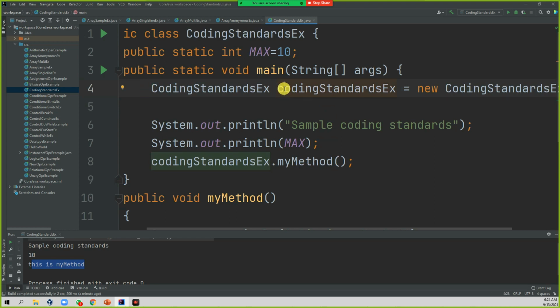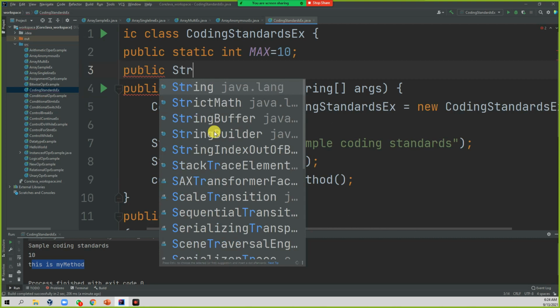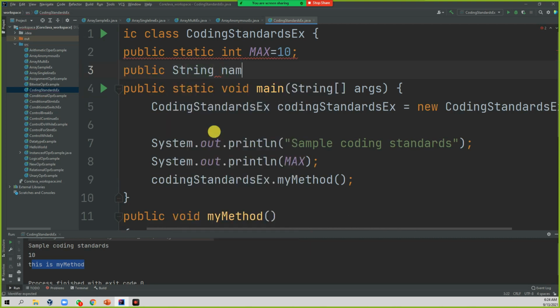That means the variable name starts with a small letter. And sometimes if you have a single word, let's take public string name, if you use a single word, everything will be in small. That is the variable name coding standard.